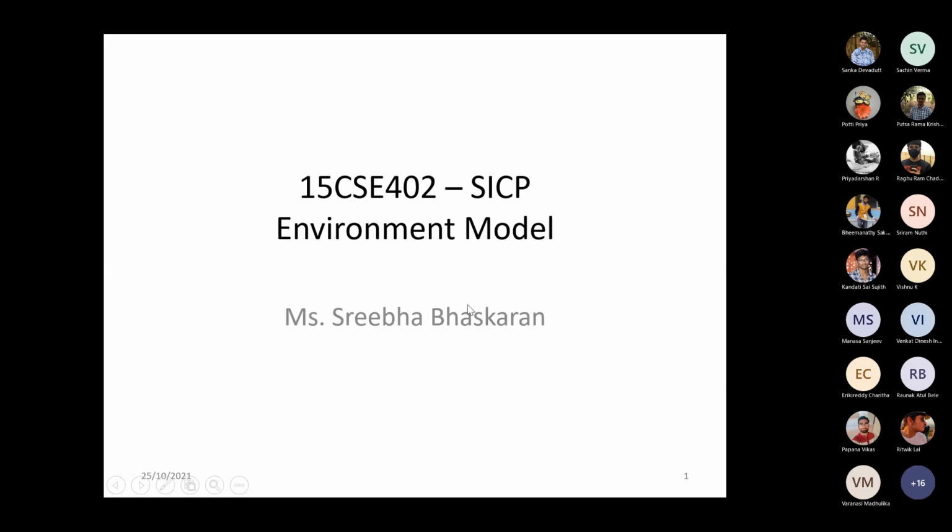So let us start. Today's topic is the environmental diagram. Last class we discussed how the assignment statement works. Similar to other programming languages, where we use the equal to operator, in Lisp we set up assignment by using set exclamation.